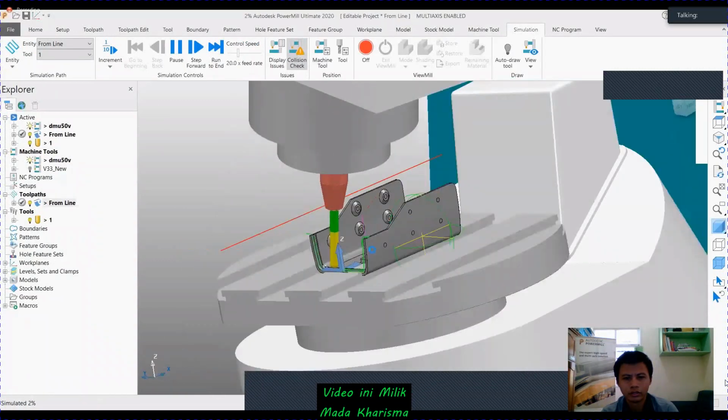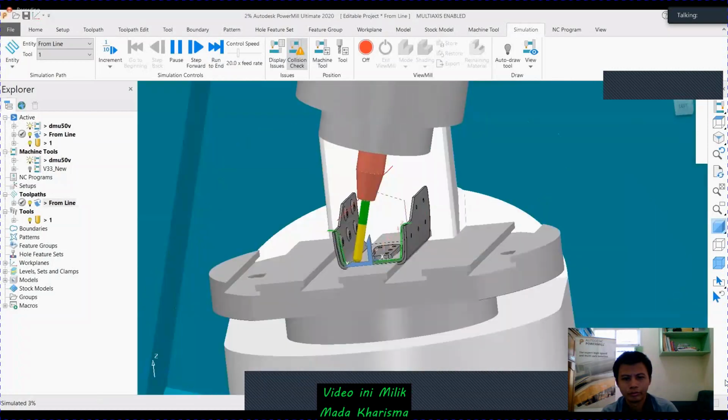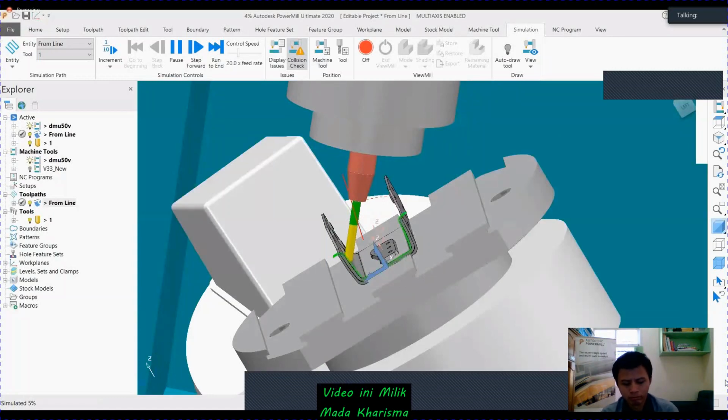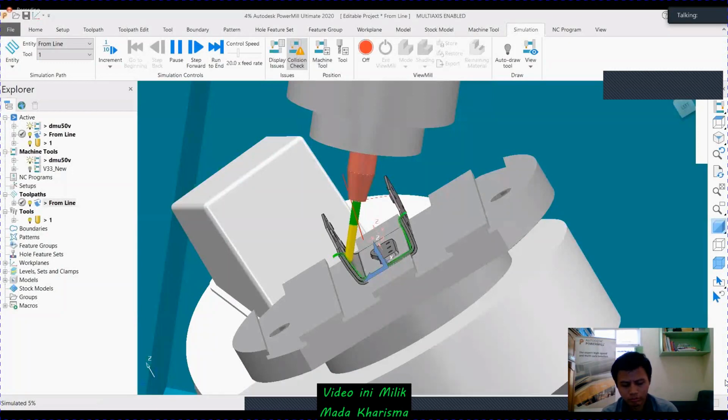You can see that the tool path will not go away from that, just following its axis. Why are we doing this? There are some undercut profiles here, which you are able to see. To do this, we are changing its tool axis from vertical to the line option to complete that profile.